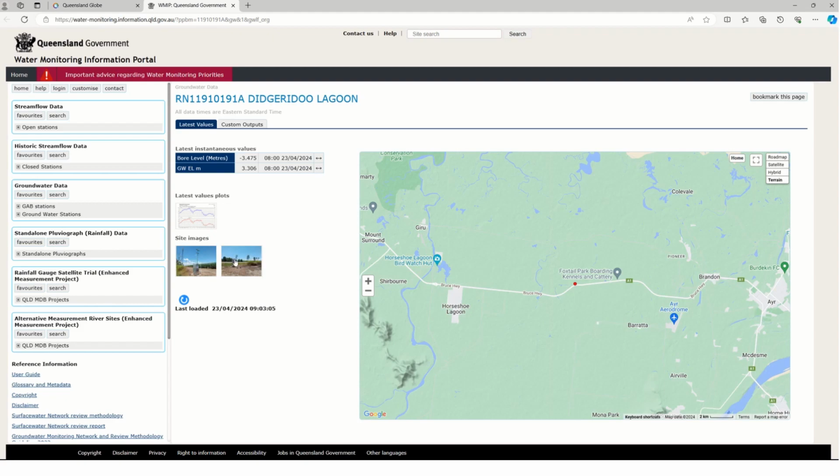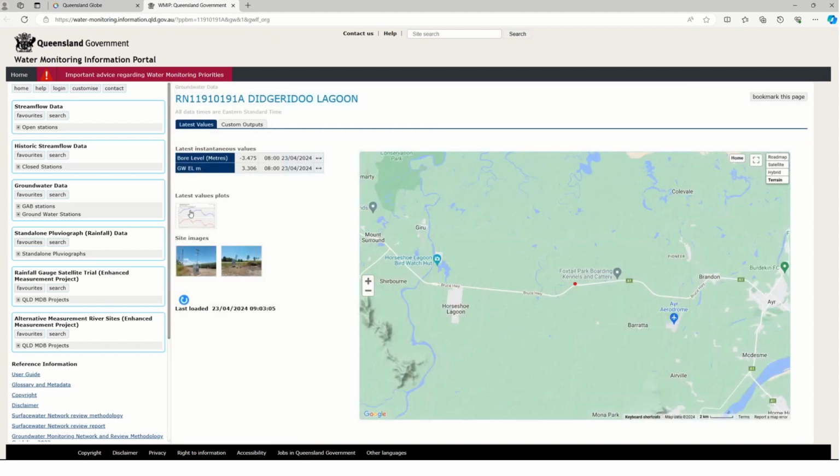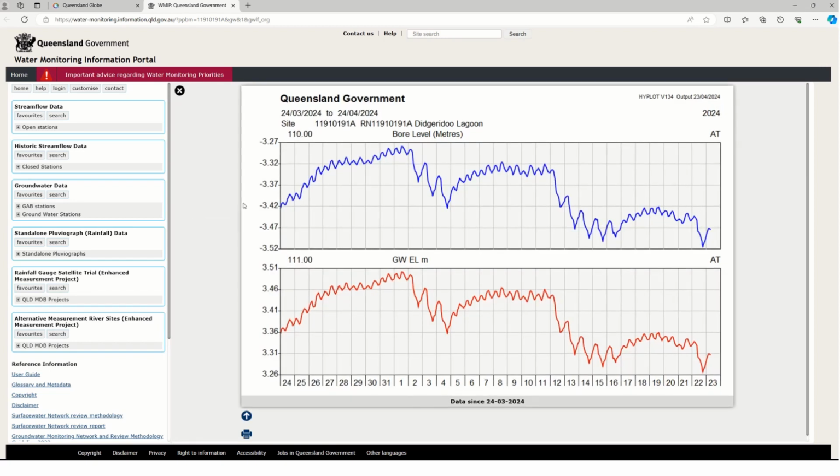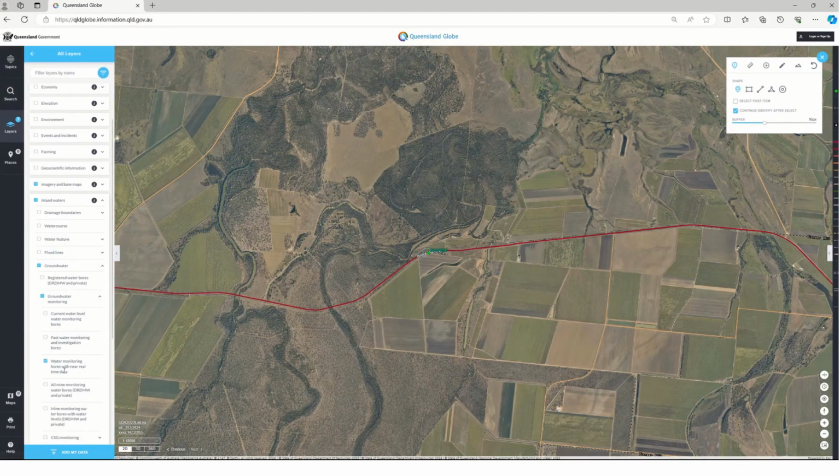We've got a few photos of where the bore is located. And if we click on this, we've got a graph that we can look at also to see the fluctuations in the levels. So if we close that and go back to our layers panel and then turn that one back off,